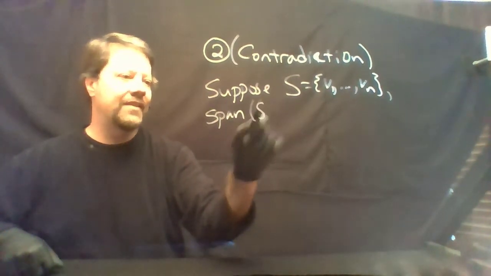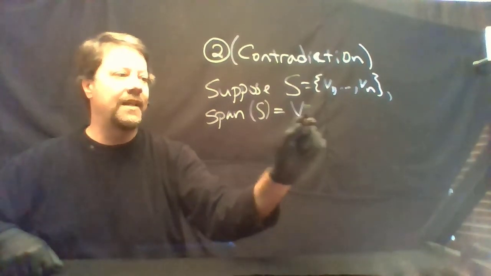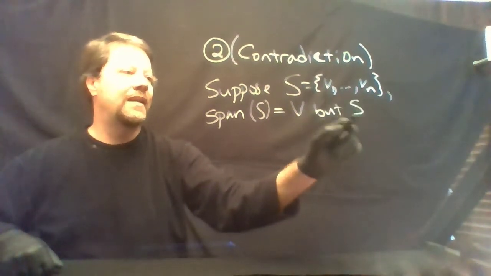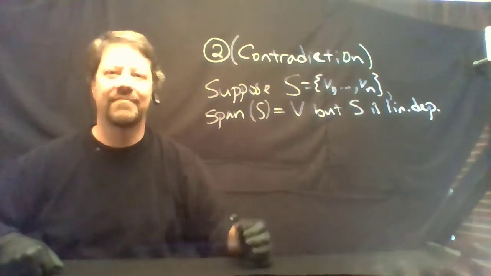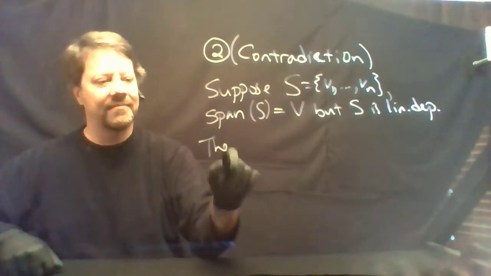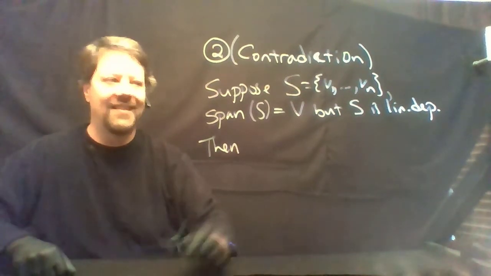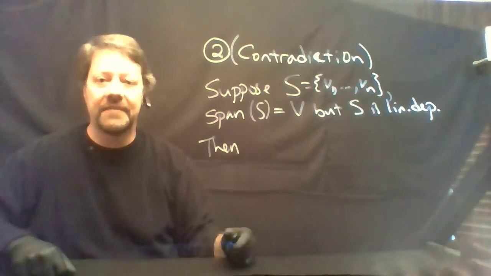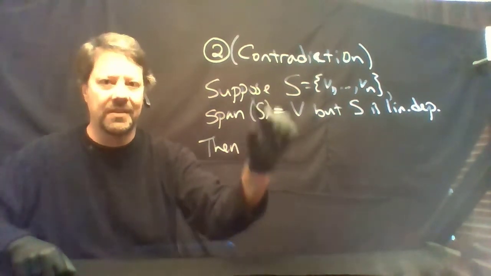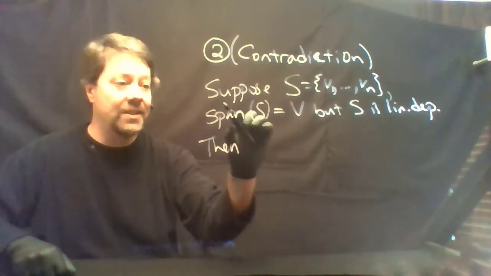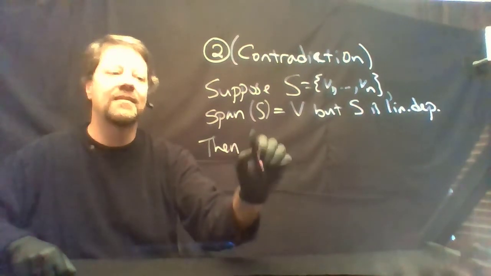The span of S is all of V, but S is linearly dependent. Then we may remove dependent elements one at a time to obtain a smallest set that still spans the same space,